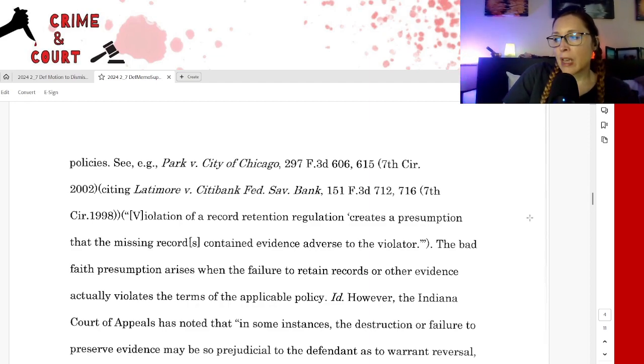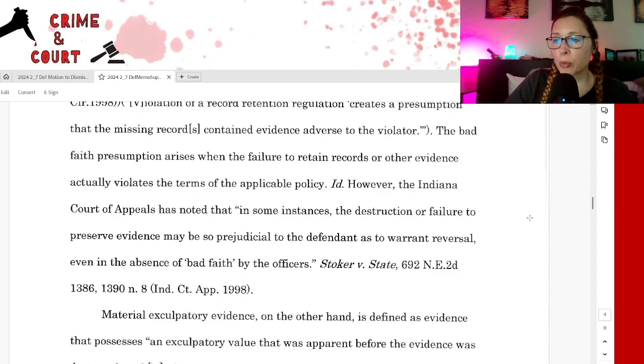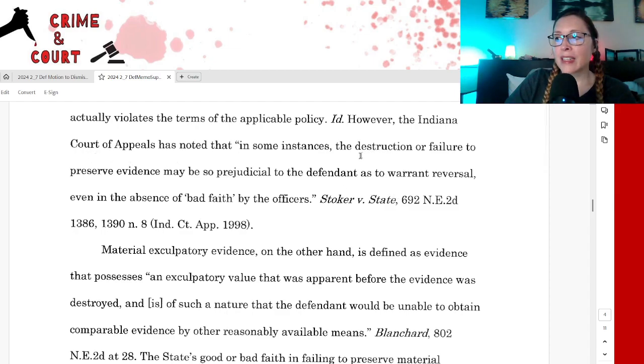applicable policy. However, the Indiana Court of Appeals has noted that in some instances, the destruction or failure to preserve evidence may be so prejudicial to the defendant as to warrant reversal, even in the absence of bad faith by the officers. So even if it wasn't totally on purpose that these interviews got recorded over, it's still the fact that the state failed to preserve the recordings is enough to be prejudicial or to warrant a